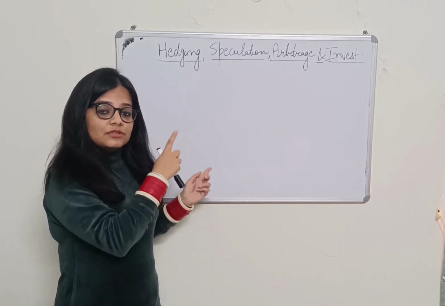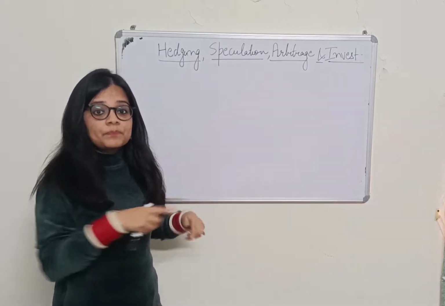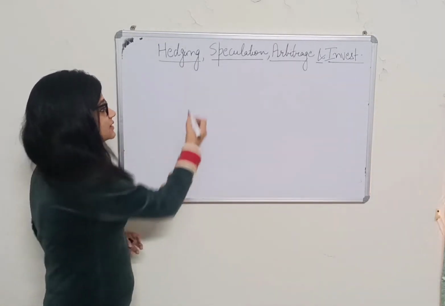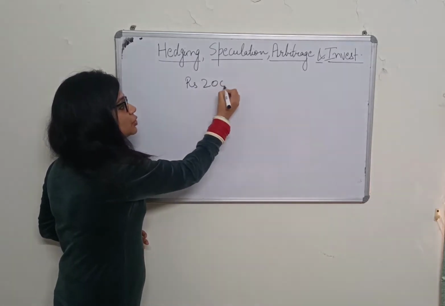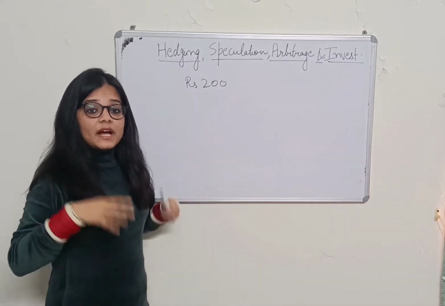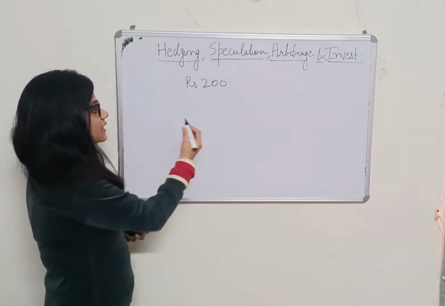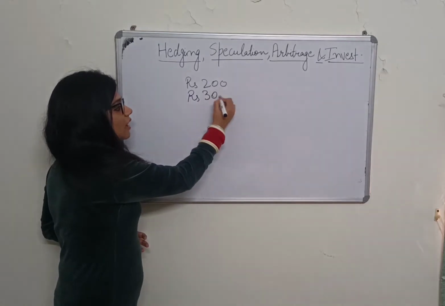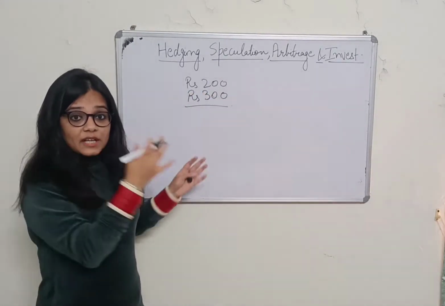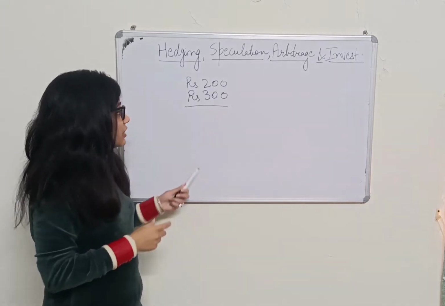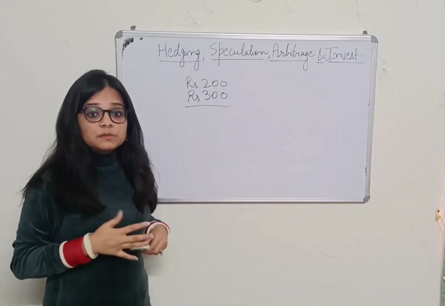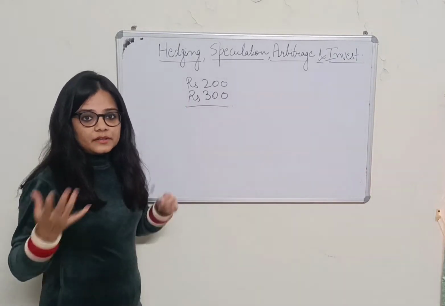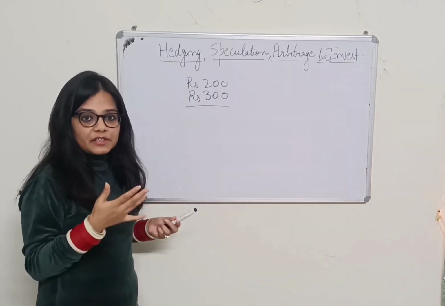So moving back to the example which I mentioned in the beginning, suppose I purchased a dress from Lajpat, say at the rate rupees 200, right? And now what I did, I sold this dress in some other market, say CP, for rupees 300, right? So this is what an arbitrager does. An arbitrager makes profit or earns money by the change in the price in the other market, right? So this is the work of an arbitrager.